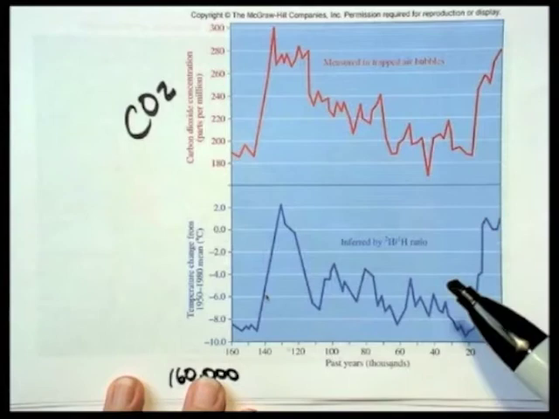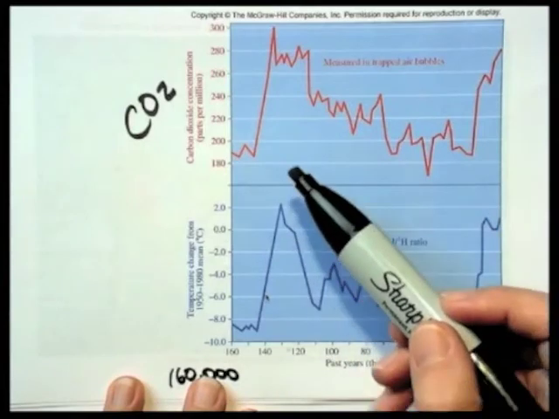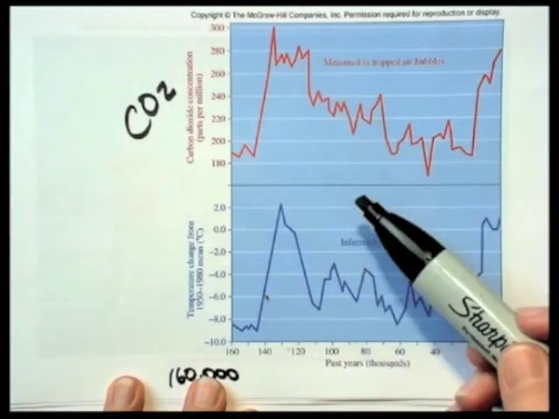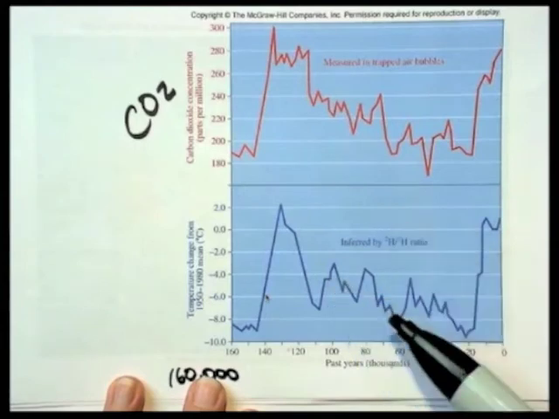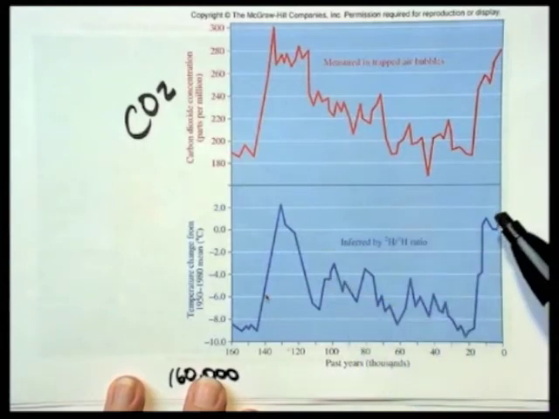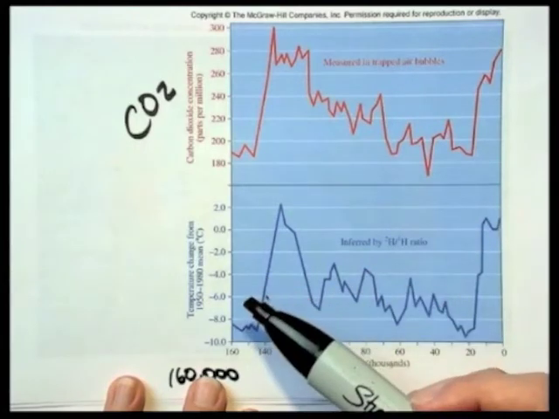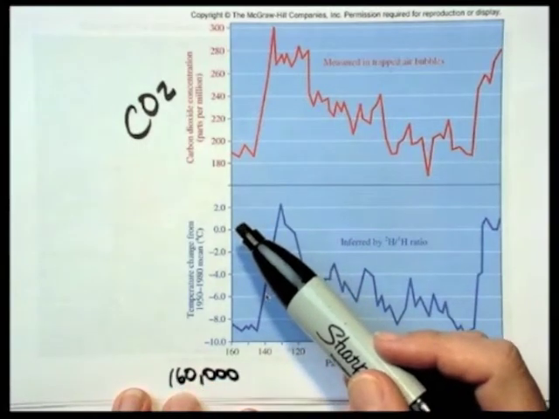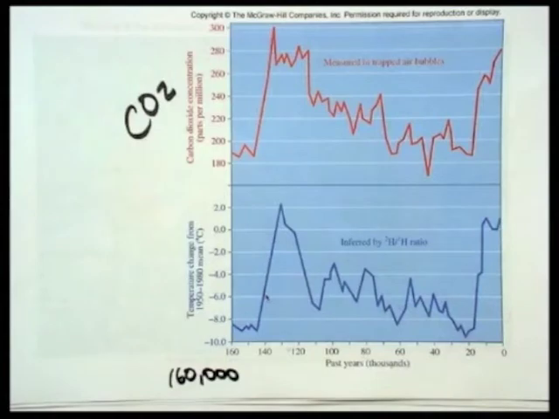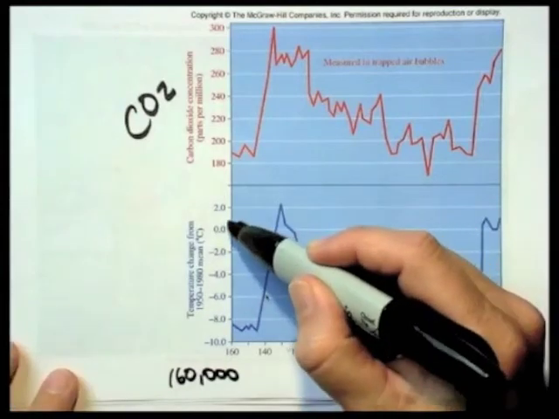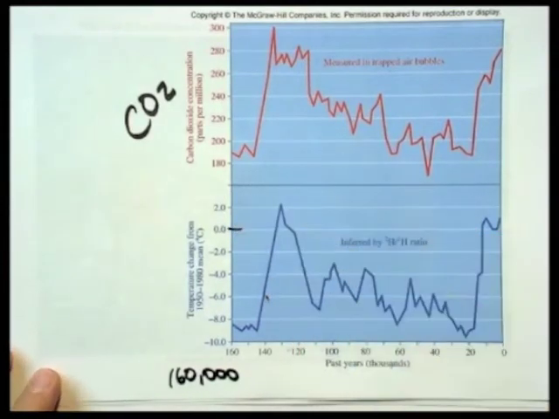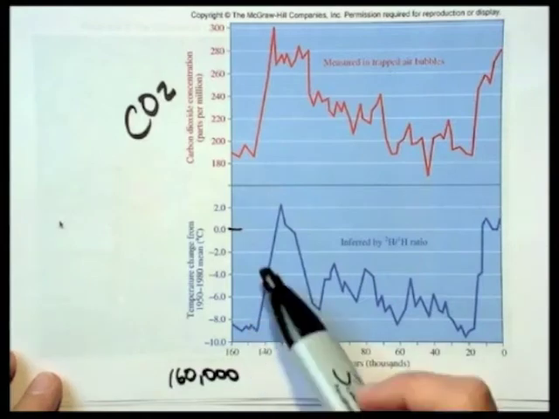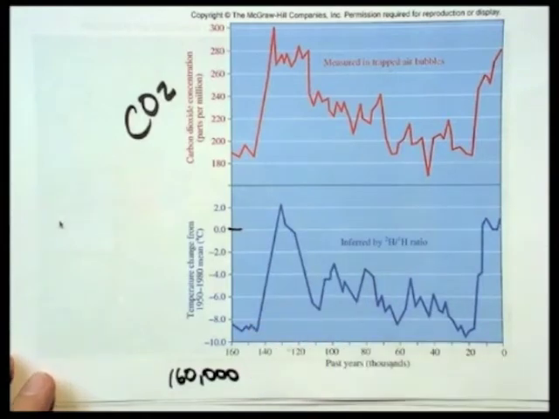I mean, you can just glance at this and see that when this goes up, this goes up. When this kind of goes down, this goes down, and now it's going back up again in recent time. And so this being the temperature, this is the difference over the average temperature. The average temperature would be 0. We consider this like the 0 line. So this is how much above or below the average temperature